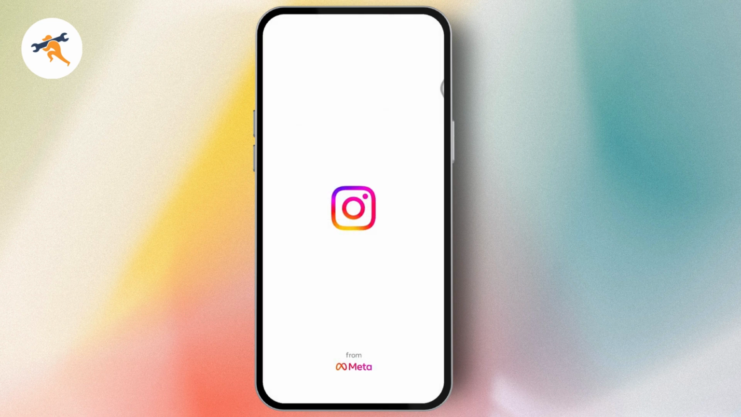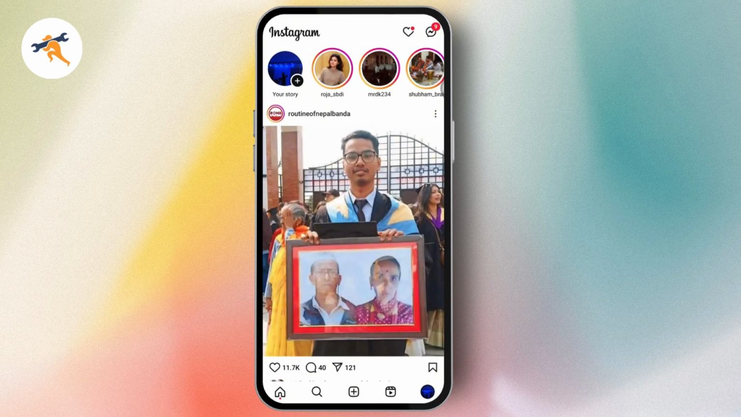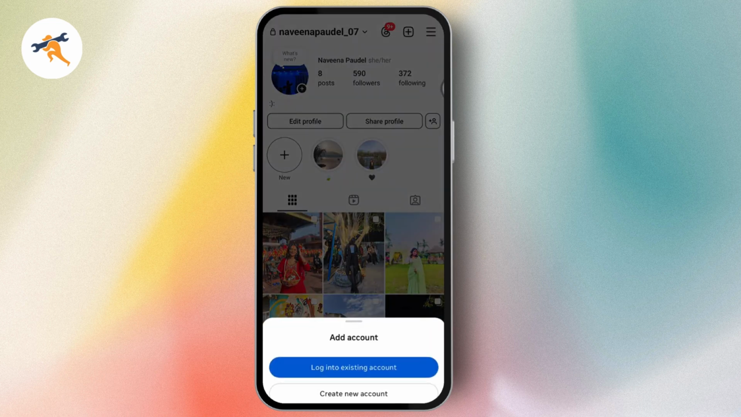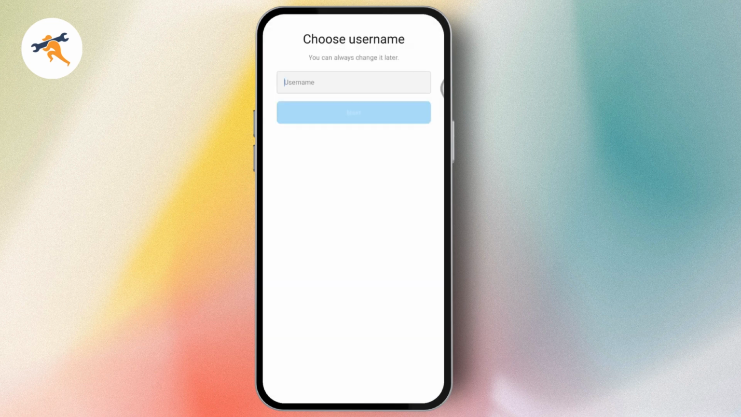After that, you can open up your Instagram, go to the profile, which is on the bottom right, tap your name, which will be on the top, and here you need to go with add Instagram account, and then you can go with create new account, which is on the bottom, and here you can create the username. So make sure that you've created a username that is unique, and after creating your username, you can enter your